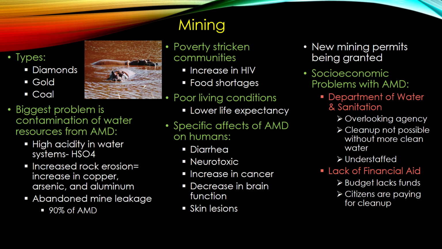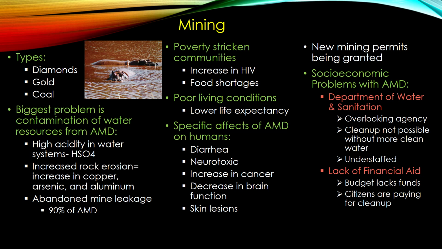The last topic I want to discuss in regards to the water crisis in South Africa is going to deal with mining. There are three main types: diamonds, gold, coal. Gold and coal are the most devastating to the environment in South Africa. There is vast mine drainage issues in South Africa, and in their water system, sulfuric acid is actually formed from the mine's runoff, and this goes directly into the water. The sulfuric acid changes the pH from a neutral or a healthy pH to a more acidic pH of 2 or 3.